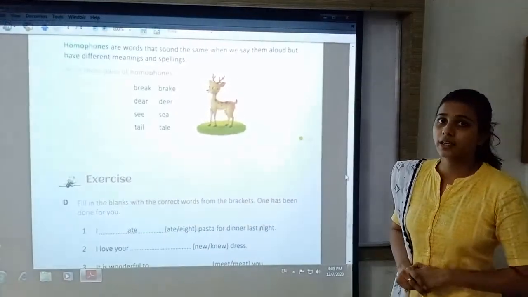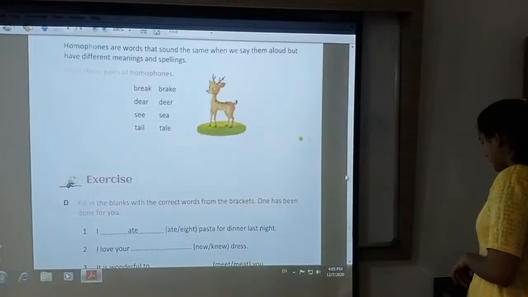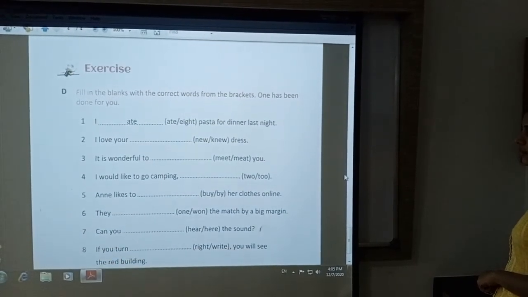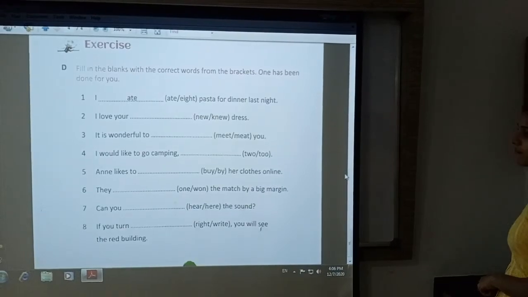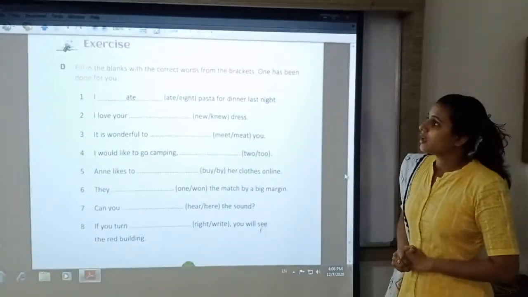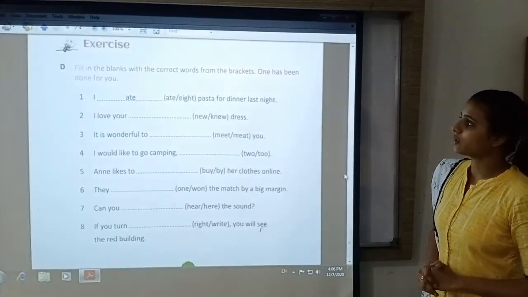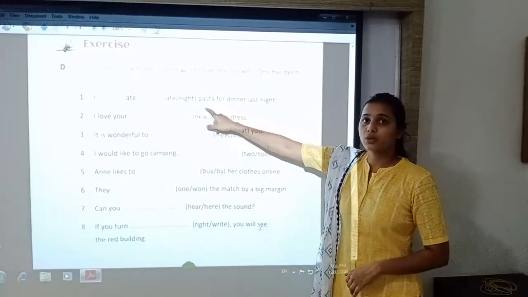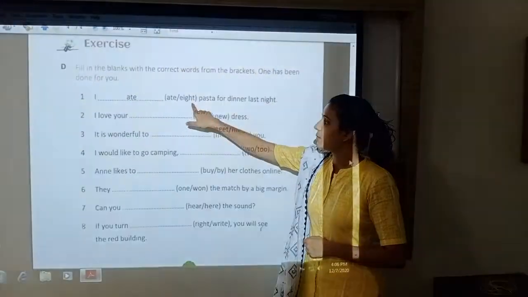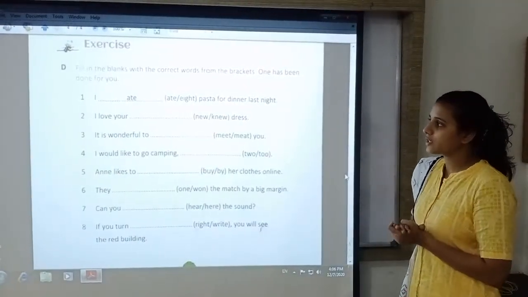Now let us understand it more clearly by doing the exercise. First, fill in the blanks with the correct word from the brackets. One has been done. Here you have to choose the correct option with the right meaning from this bracket. Now let us start. The first question is,